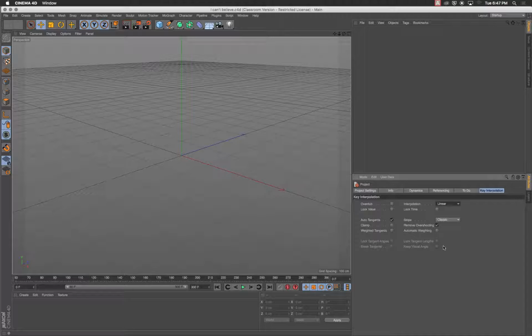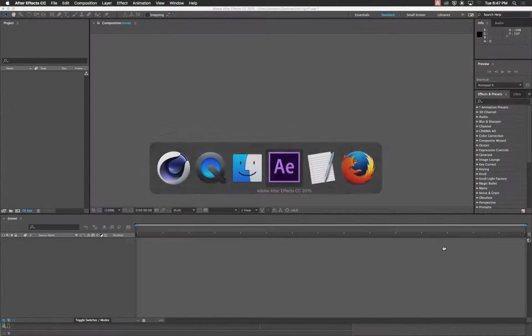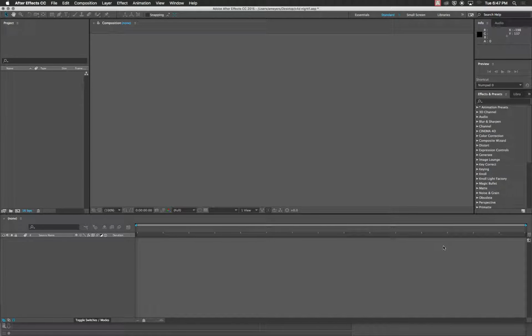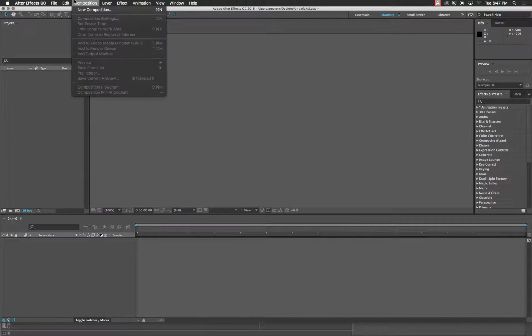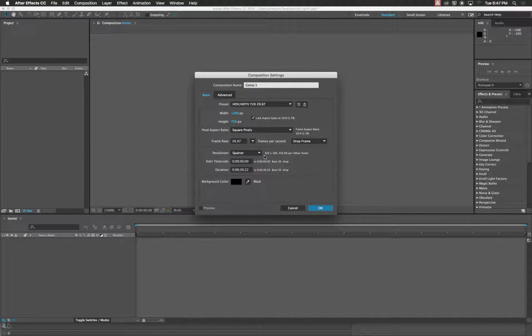Now let me do a save here, okay? And I'm going to pivot back to Adobe After Effects for a second. See? I'm integrating it in. So Command-Tab. Here I am in After Effects. What I'm going to do is composition, new composition. I'm going to make a new comp, and I'm going to call it